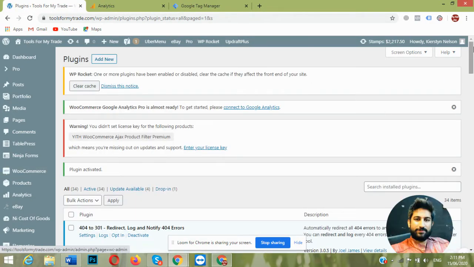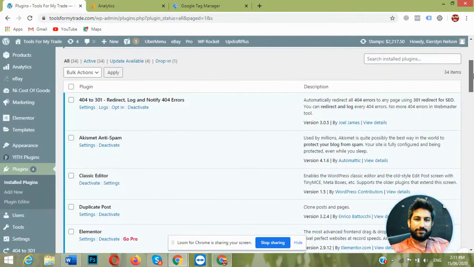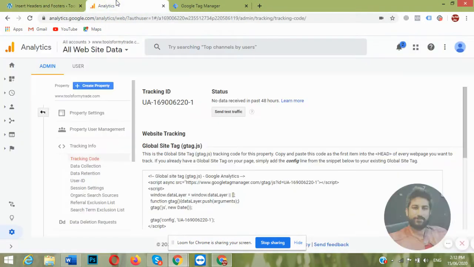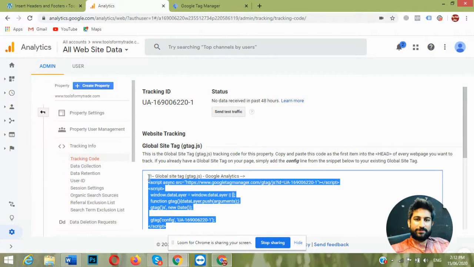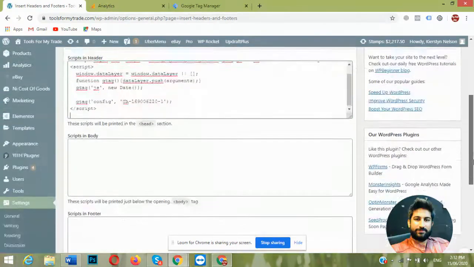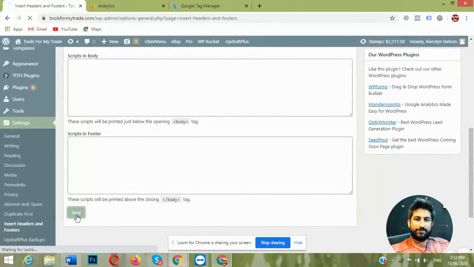After installing that plugin, Insert Headers and Footers, go to settings and then go to Insert Headers and Footers. I am going to copy this analytics code, paste it in the header section and save it.